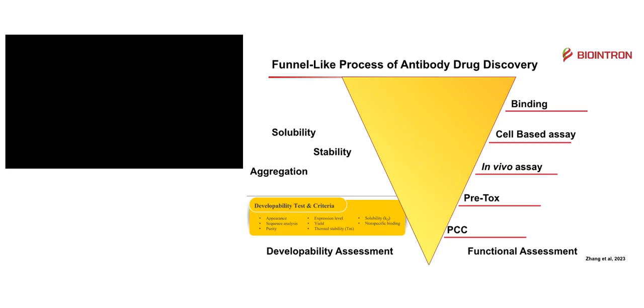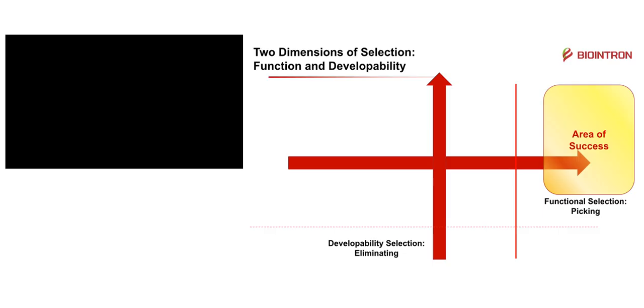So in theory, this kind of in vitro assay will give you guidance on how your molecule will perform. For example, the thermal stability will tell you whether your molecule is stable enough in vivo, because if you have a molecule with a lower TM, that means half the molecule is melting. You can imagine the molecule in vivo will have a hard time, right? So we are introducing the developability assessment in early stage because